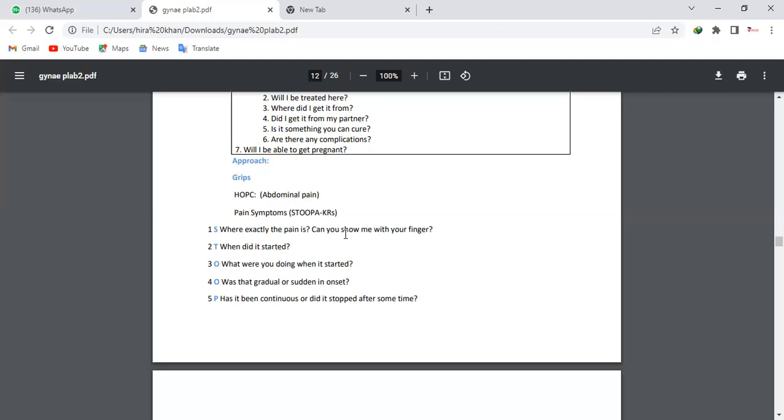Then show sympathy here. Say, well, I can see you are in pain. Do you want me to give you some painkiller? All right. She might say, yes, doctor. Or in most of the cases, she will say, no, I'm fine, I'm able to answer these questions. If she says yes, then say that I need to ask a few questions before giving you some medicine to see if it is suitable for you.